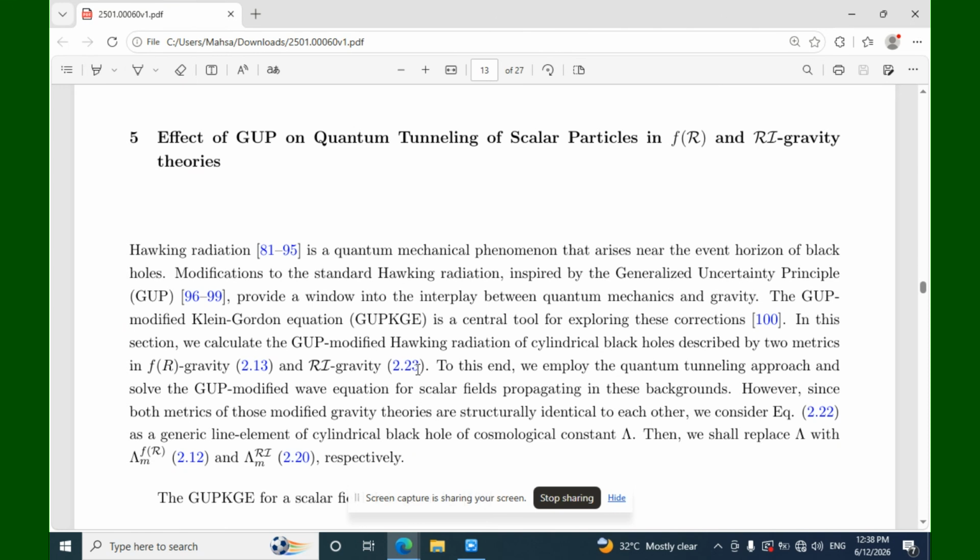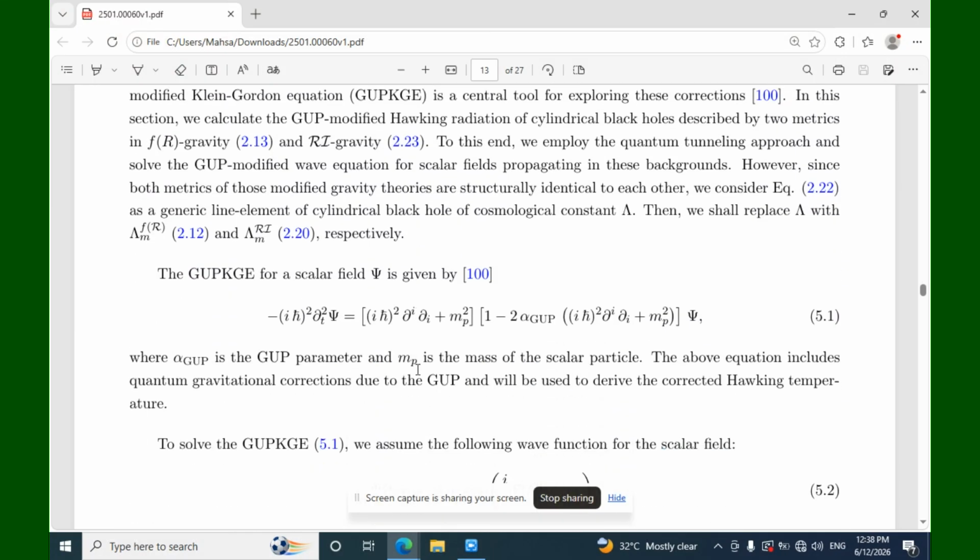Then we shall replace R with Im to the power of Fr 2.12 and Im to the power of Ricci inverse 2.20 respectively. The generalized uncertainty principle Klein-Gordon equation for the scalar field theta is given by the reference 100 minus IH to the power of 2. The second derivative based on the t theta is equal to IH to the power of 2 derivative I and